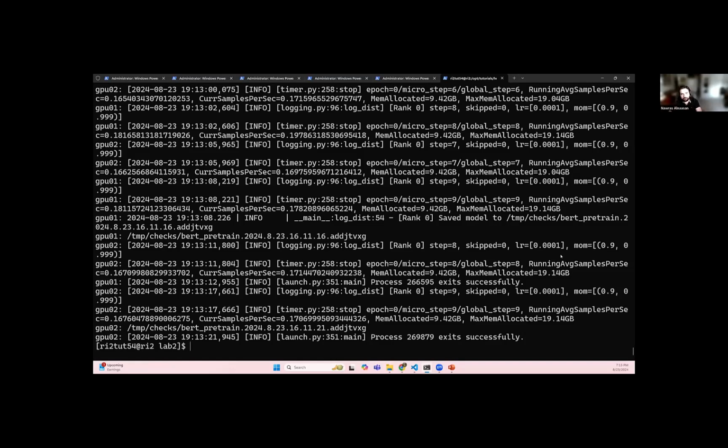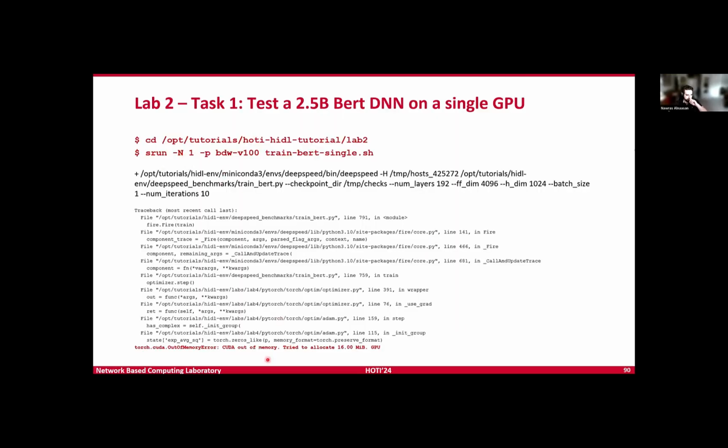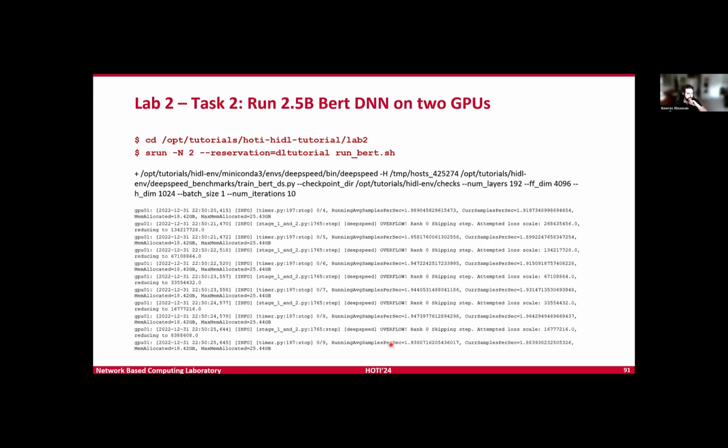So now if we split it on the 2 GPUs, we can run it, and you can see that the process exits successfully. Which means we ran these 10 iterations successfully, we trained the model on the data, and the model is now saved. We can use it later for inference, or we can continue the training. In the slides, we see the expected output, exactly what we saw in the run itself. And then on the two GPUs, we see that it completes successfully.